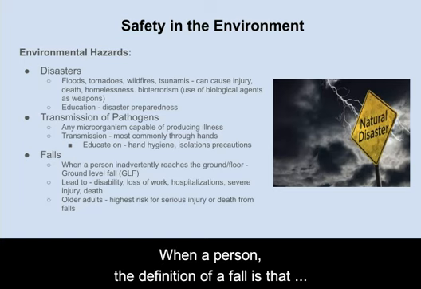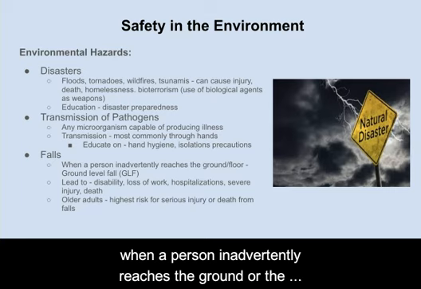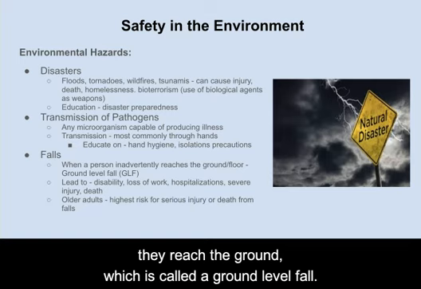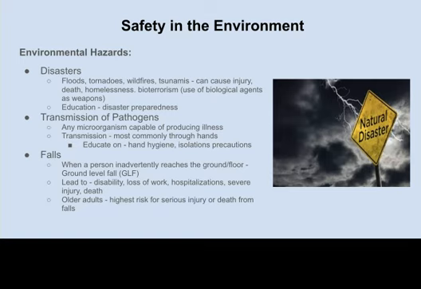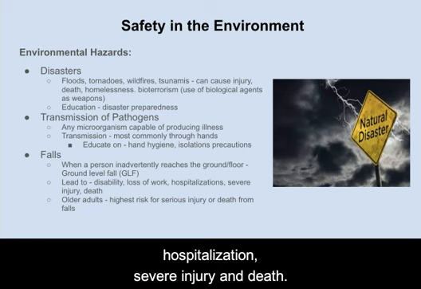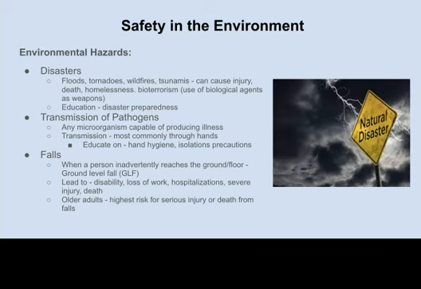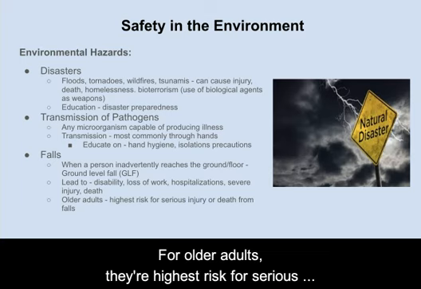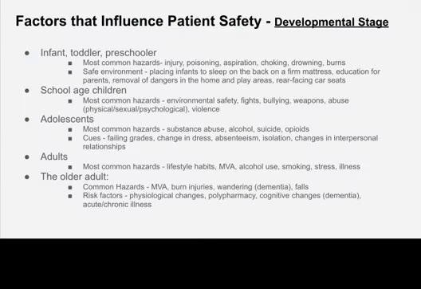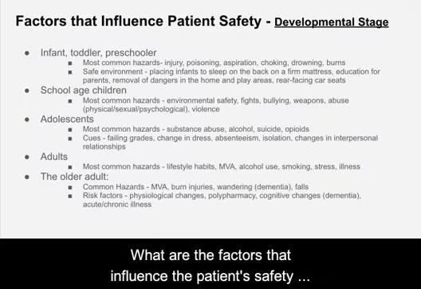The definition of a fall is when a person inadvertently reaches the ground or the floor, whether they're standing or sitting, which is called a ground level fall, GLF. This can lead to disability, loss of work, hospitalization, severe injury, and death. For older adults, they're at highest risk for serious injury or death from falls. What are the factors that influence the patient's safety,